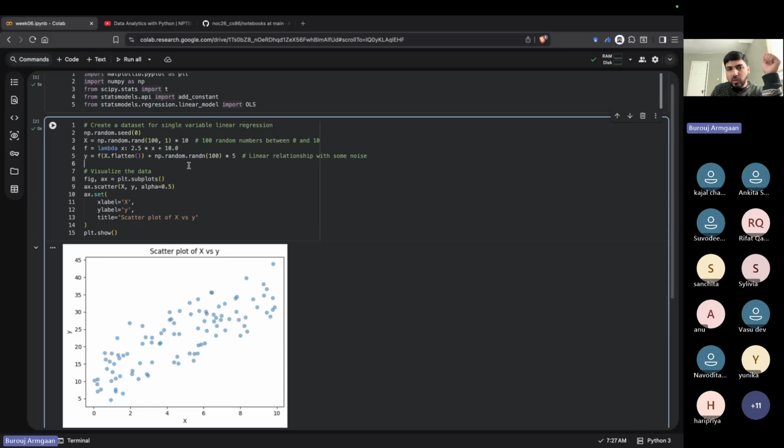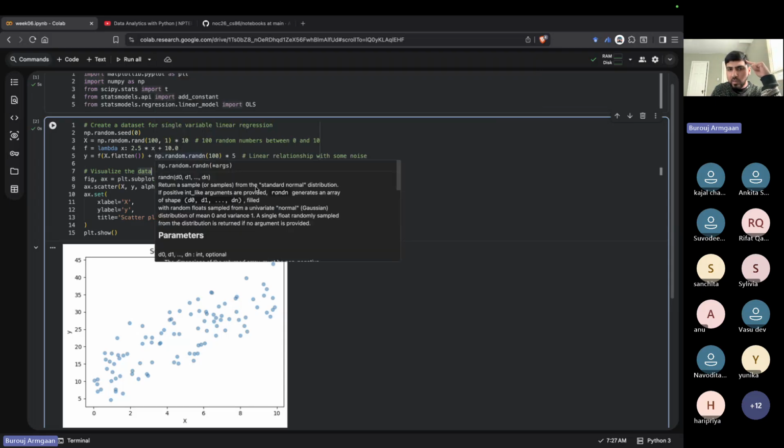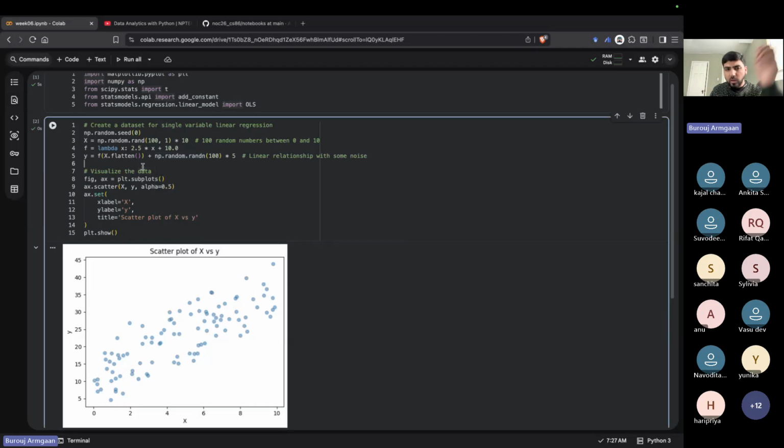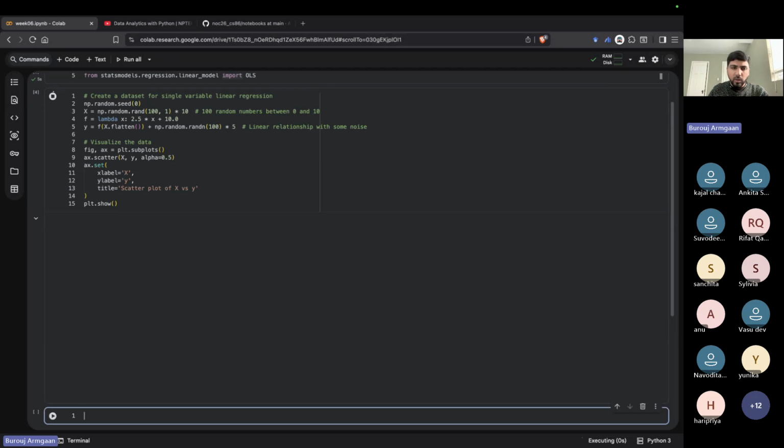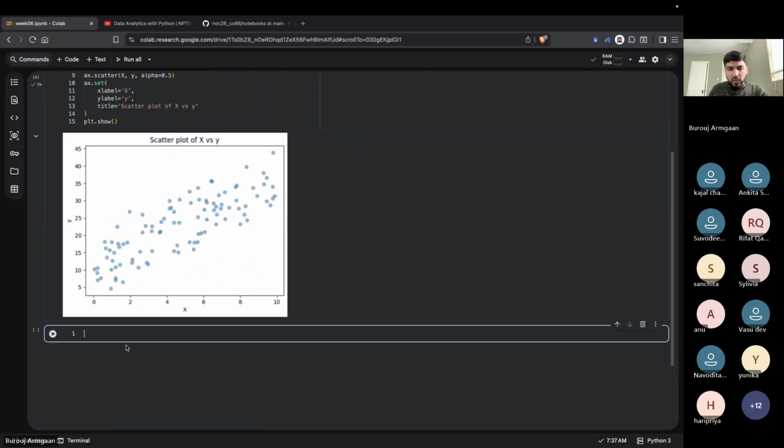np.random.randn essentially adds noise. If you hover your mouse over it, it says it takes noise from the standard normal distribution, and then we have scaled it a bit. If, for example, you were to reduce this, you would get less noise, but we've kept it like that. Okay. So given this data,